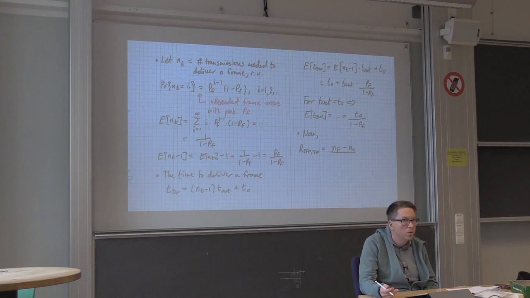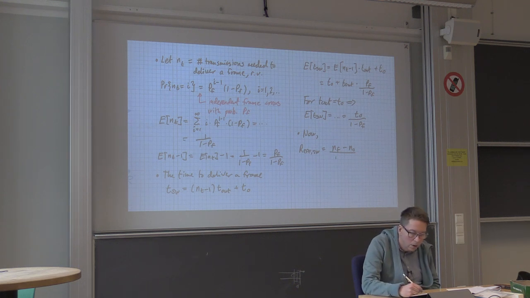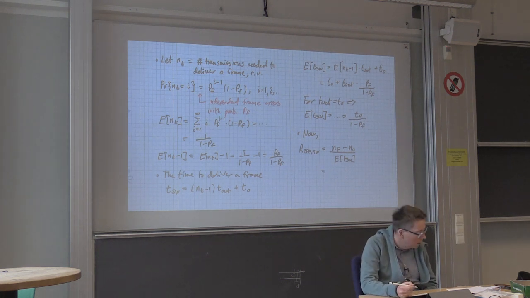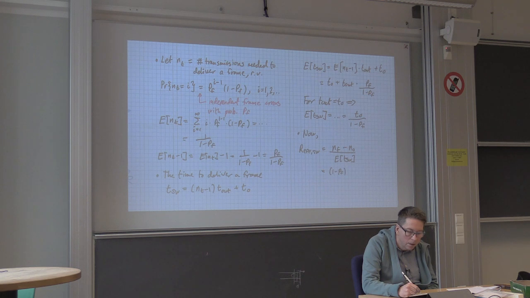Since the time is random, we divide by the expected value of the delivery time, which is the expected value of TSW. And since we know what this is, now we can write this as 1 minus PF times NF minus N0 divided by R